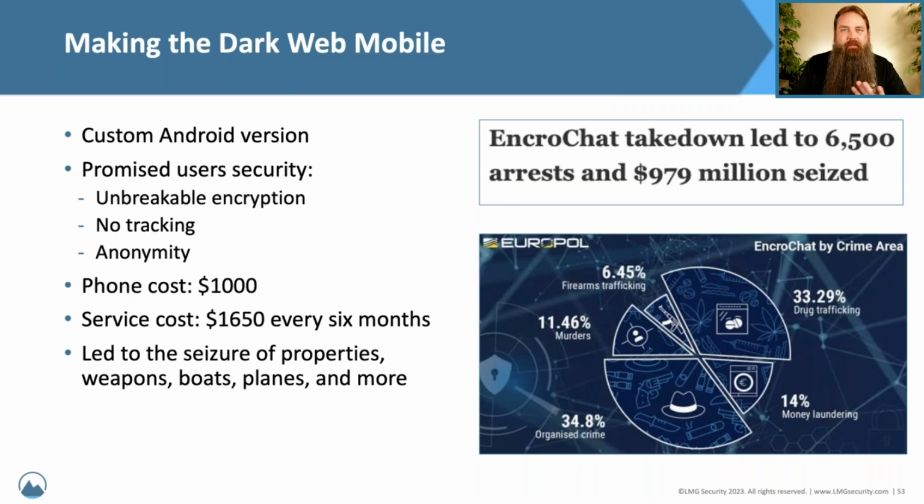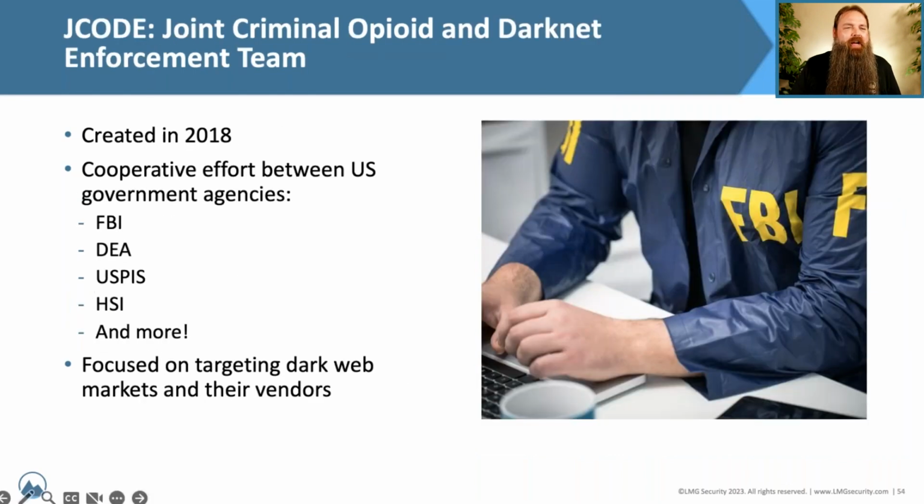Now, I mentioned we would talk about law enforcement as a whole here, and that's what we'll do now. Starting in 2018, the U.S. federal government put together an initiative called JCODE, the Joint Criminal Opioid and Darknet Enforcement Team. It's a cooperative effort between a bunch of different agencies inside the United States and international law enforcement agencies as well. We see the FBI, the DEA, the U.S. Post Office Inspection Service, HSI, and others all coming together to share information and to facilitate these large-scale takedowns of